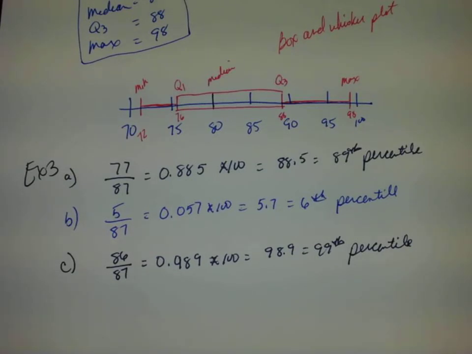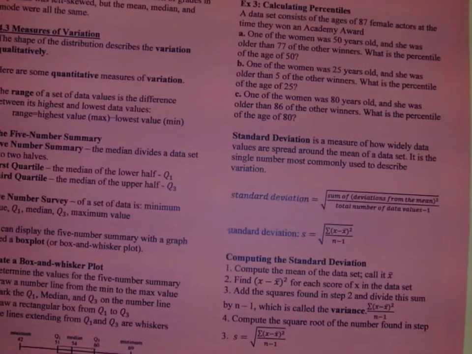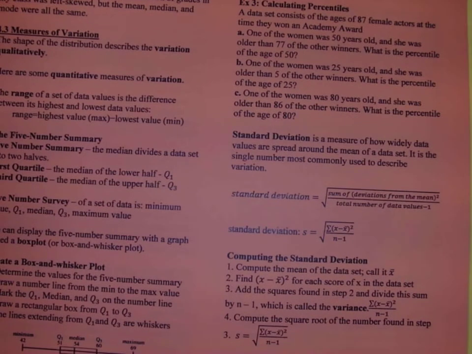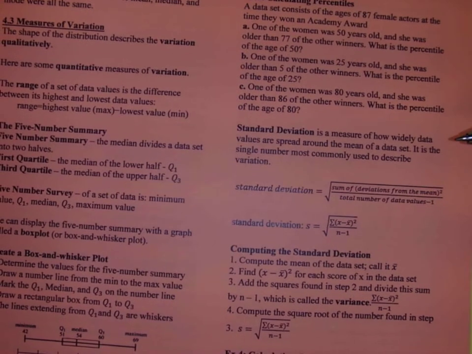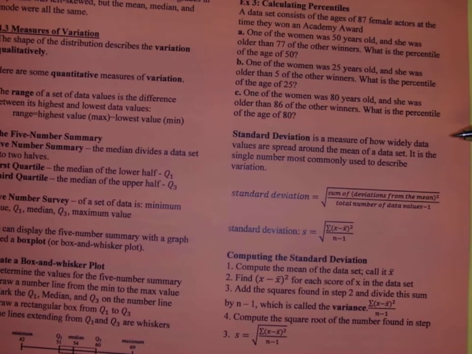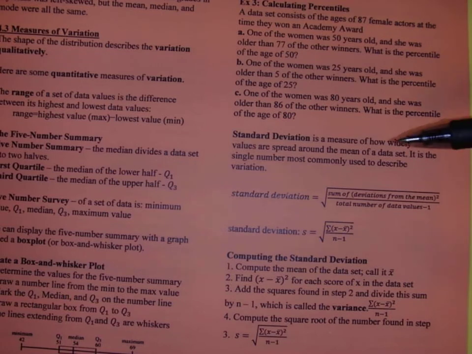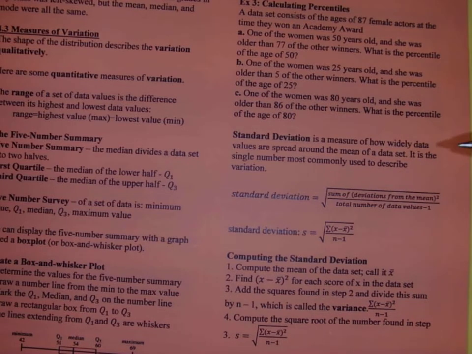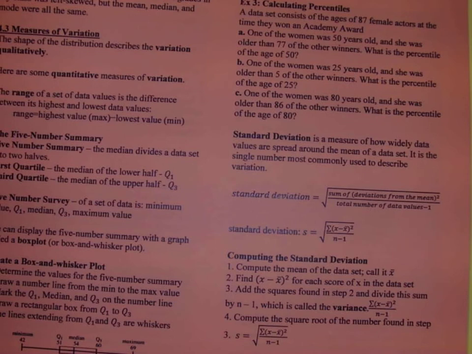So that's how you're going to find the percentiles of the data values. Now, the next one we're going to go on to is standard deviation. Standard deviation is a measure of how widely the data values are spread around the mean of the data. It is the single number most commonly used to describe variation. Hey, what's the single number most commonly used to describe variation? That would be standard deviation. That would be like another